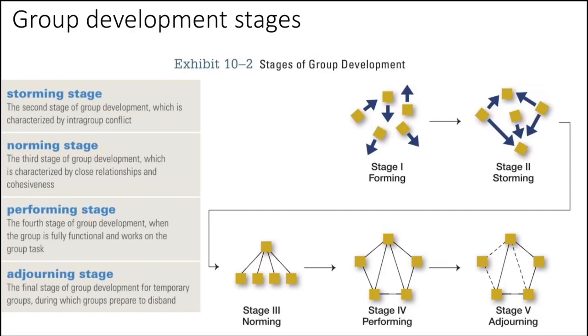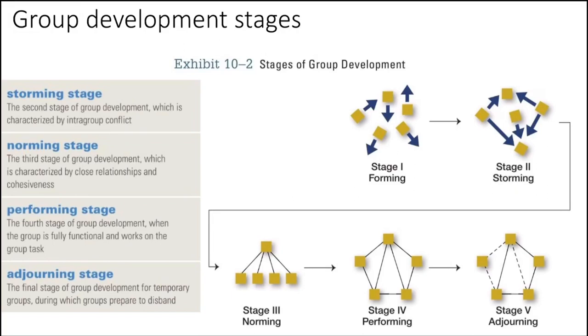Okay, and then we move on to the third step. Okay, norming. After the conflicts and the very heated issues, at the end of the day it will resolve. It will subside, and collectively you are all tired of arguing, so now you have unified. You have made some unanimous decision to choose this person to be your class